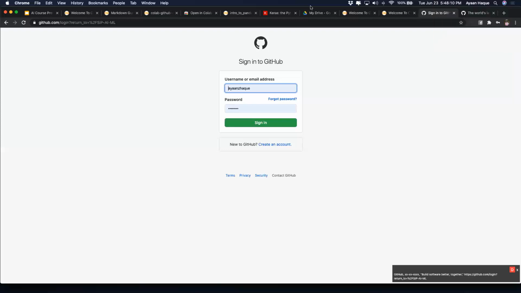All right. Wait, it's asking us what kind of work do you do mainly and how much programming experience do we have? Yeah, so put anything you guys want. It's not a big deal. It doesn't matter. It's just for your own account. You can put work, or personal projects, and then for experience put how much experience you have, like intermediate or beginner.